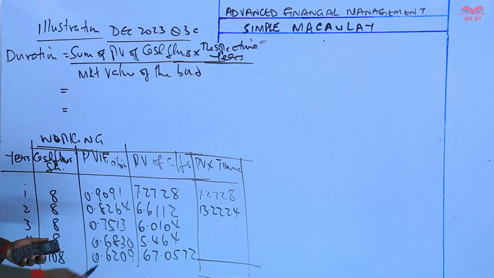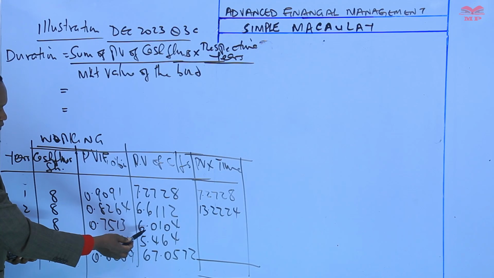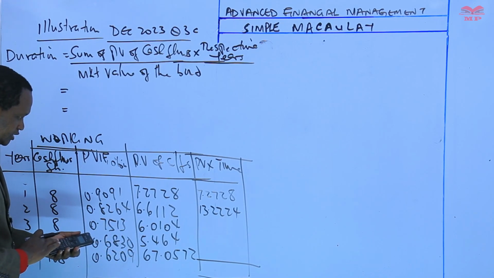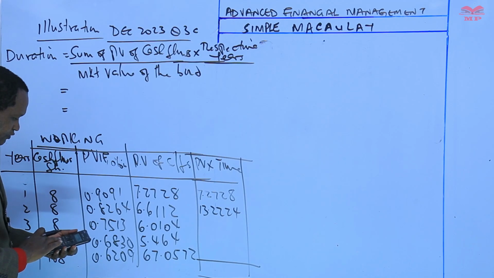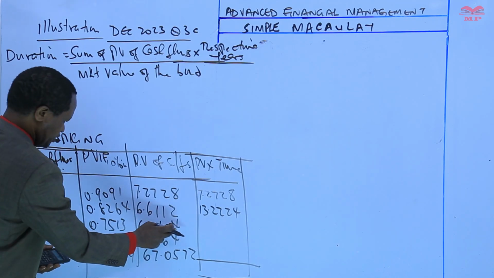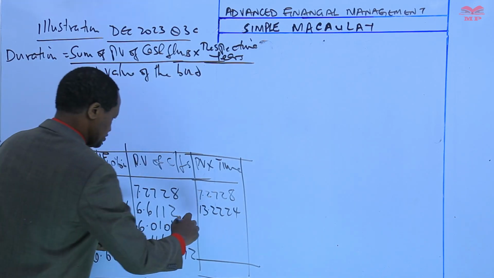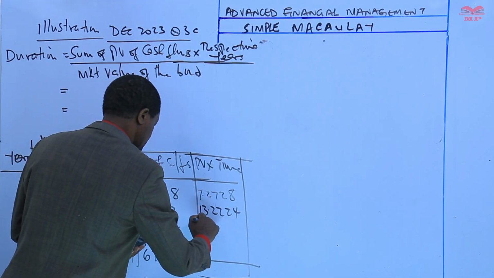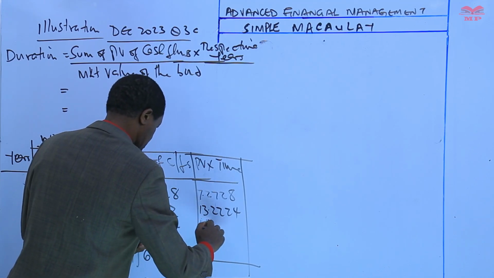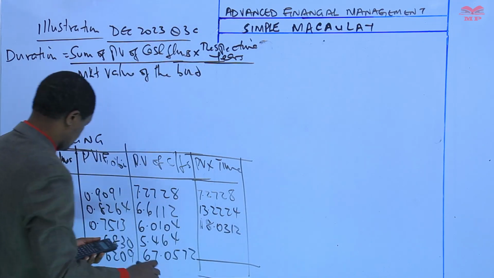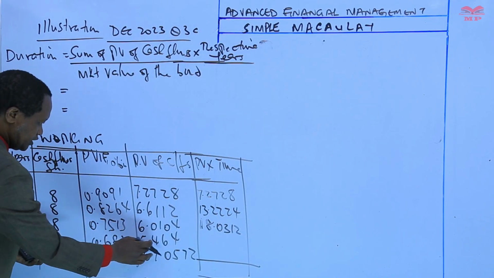Next, we multiply the present value of cash flows of 6.0104 times time, 3 years, times 3, which is 18.0312. Next, we have 5.464